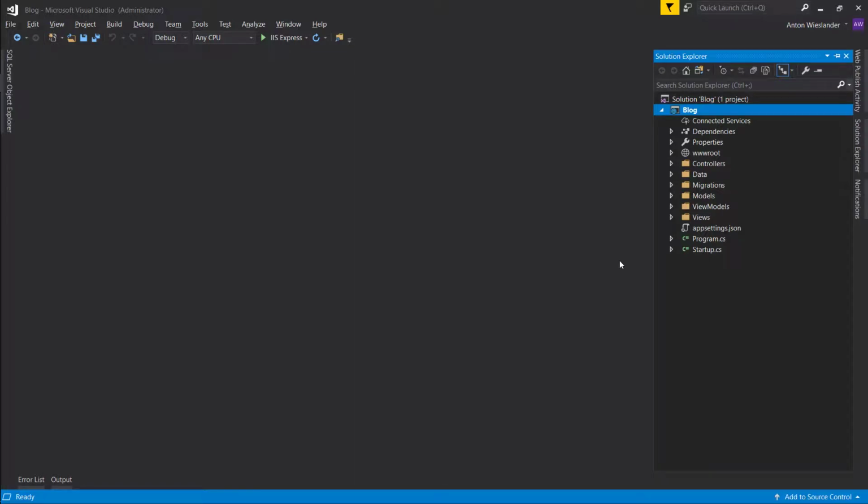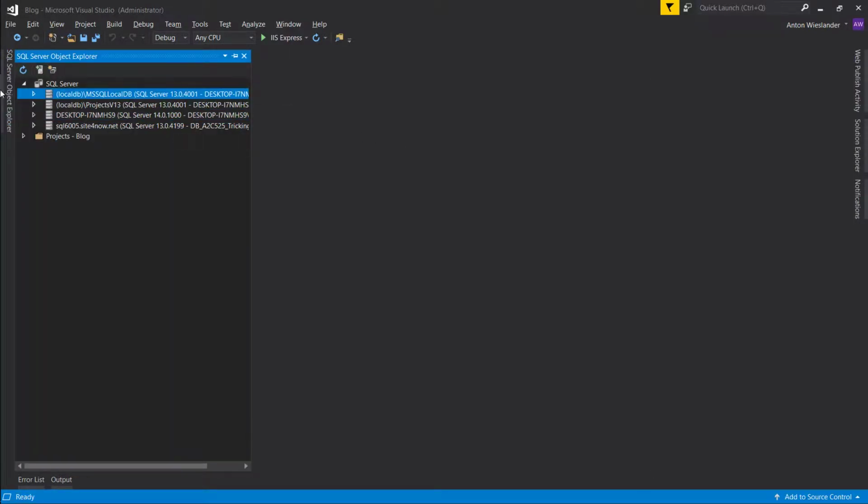Hey everyone. So in this episode, we're going to be deploying our application, but we're not going to be deploying it to the internet. We're going to be deploying it to a server or on our own machine. So for that, we're going to be using an IIS server, and we'll need to install a SQL database. And I'll show you why you need a SQL database and why you cannot use